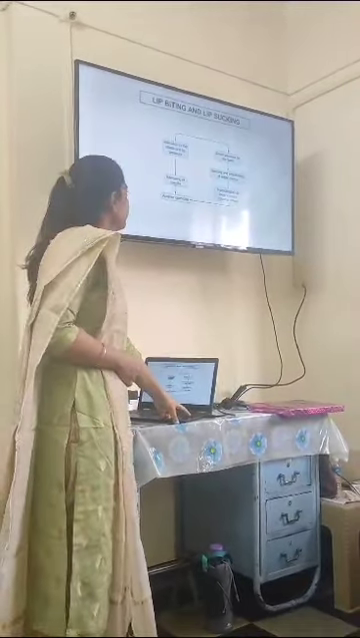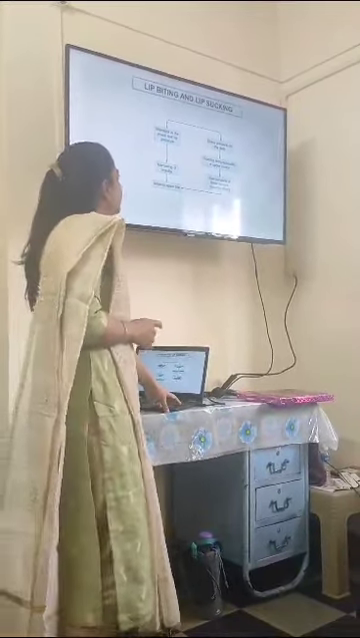Now coming to lip biting and lip sucking, it's just like tongue thrust. There is alteration in